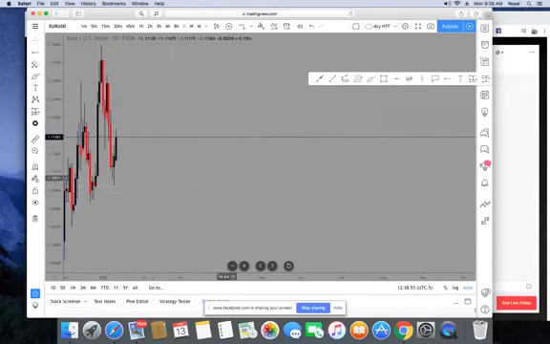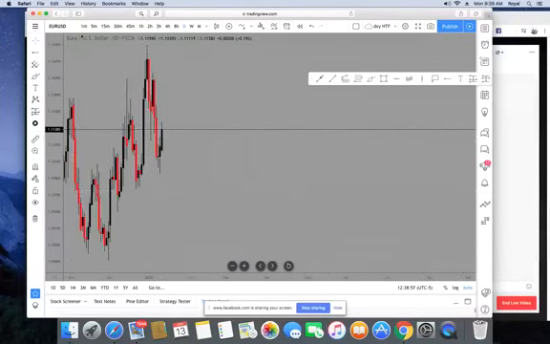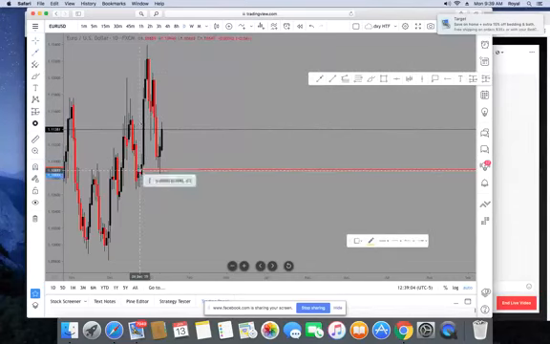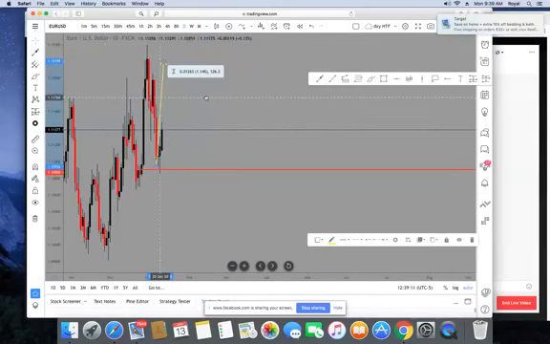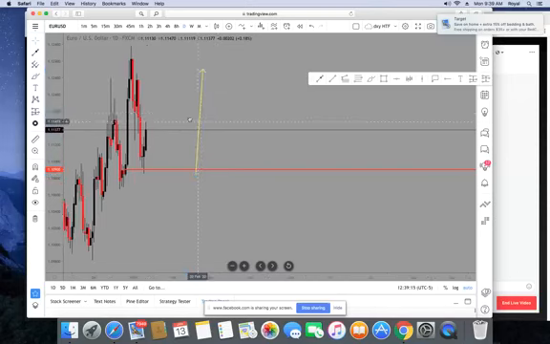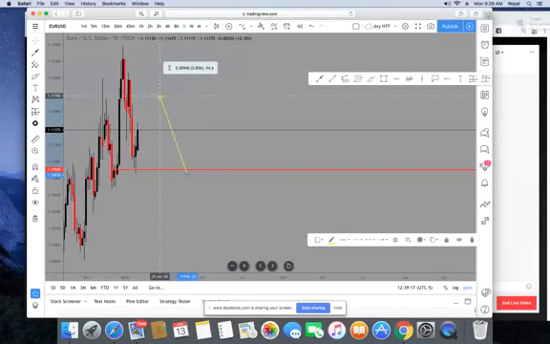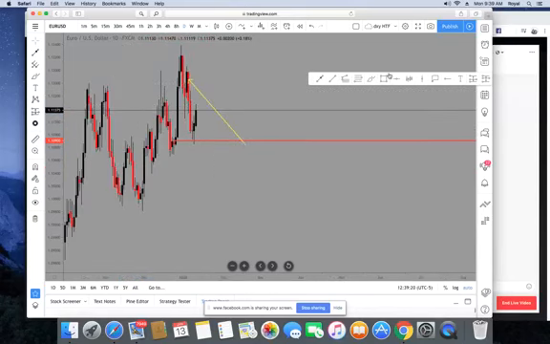All right. So typically with euro dollar, what we was looking at was we knew we was coming down into the support, right? This last place where we had a lot of demand coming in at, right? We're seeing that they accumulated a lot here. So when we got back down to it for the first touch, we expected a reaction getting back up to where we have supply, which is here,